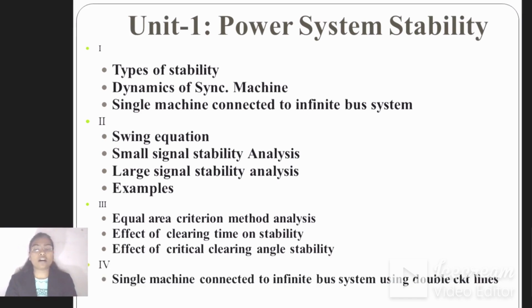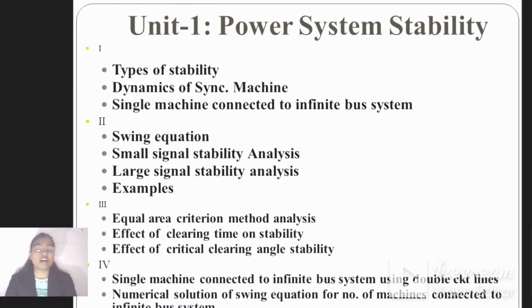Finally, in the fourth part, it is the single machine connected to infinite bus system stability, then how the single machine can be converted to a two machine connected to infinite bus multi-machine system, and systems which consist of numerous generators which are coherently swinging. So these we are going to see in part 4. Then we would also like to see some numericals on the solution of the swing equation, that is using Euler's method or point by point method.